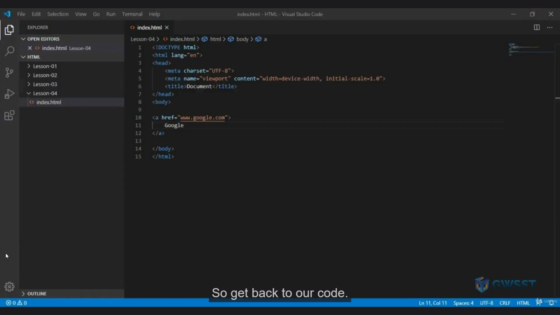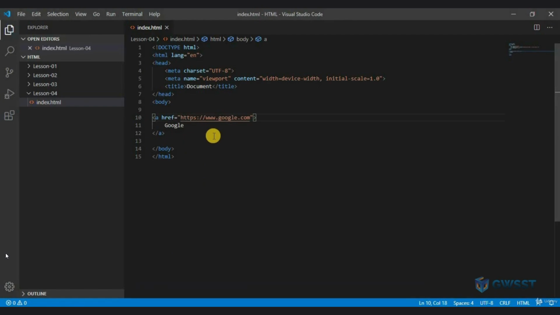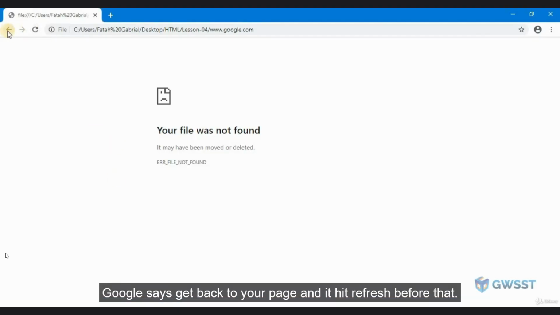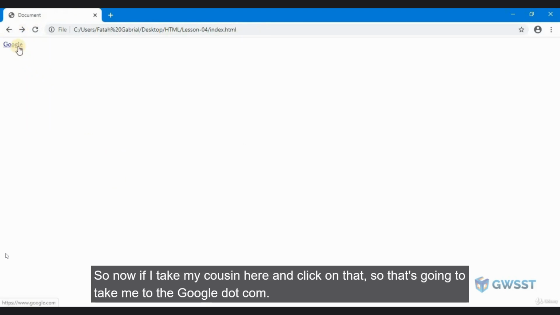So let's get back to our code, and here we're going to add in https://. So this will create a link for my text Google. Let's get back to our page and let's hit refresh. Now if I take my cursor here and click on that, that's going to take me to